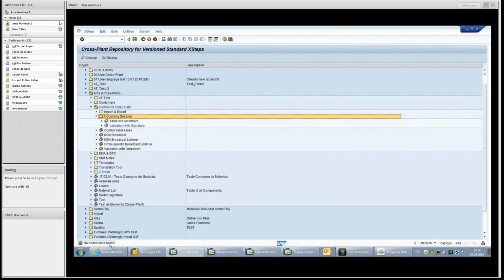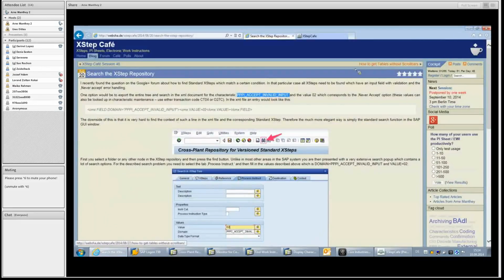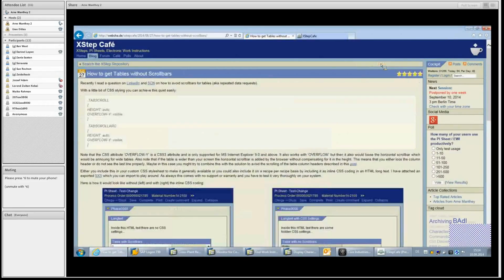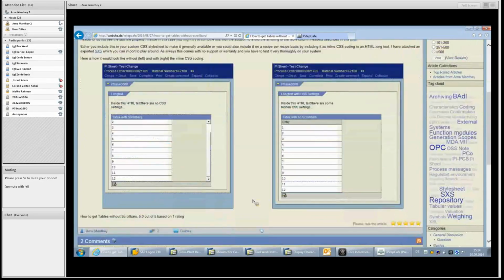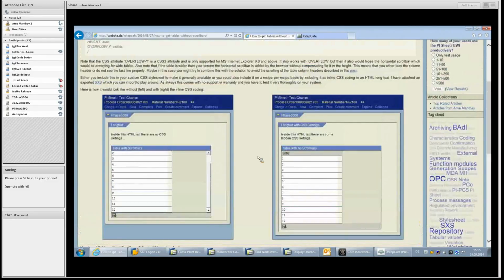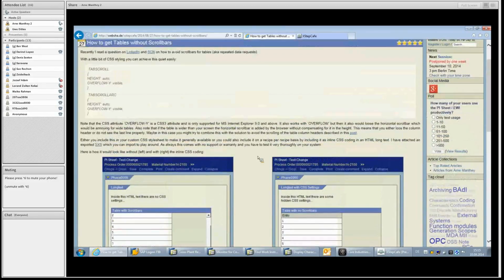Right. So that was the first thing I wanted to show you, and the next thing is a request of somebody who wanted a table not to be scrolled vertically. So he wanted the overall scrolling to be applied only, so that he can see all the lines and does not have to scroll. Don't know whether that's a very common request, but I thought a little bit how we can do that,